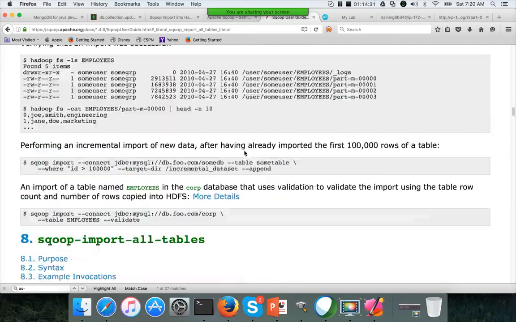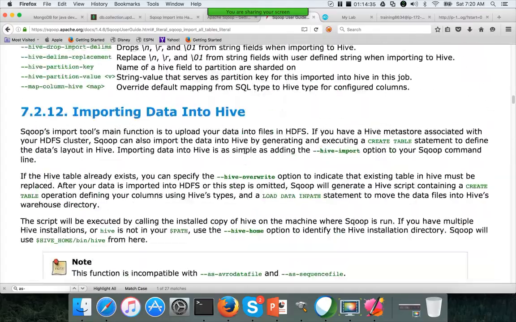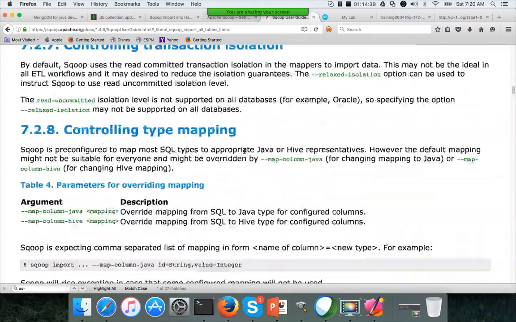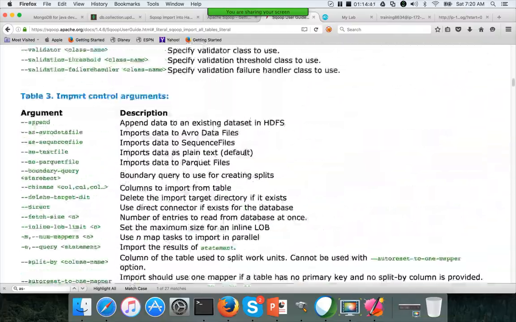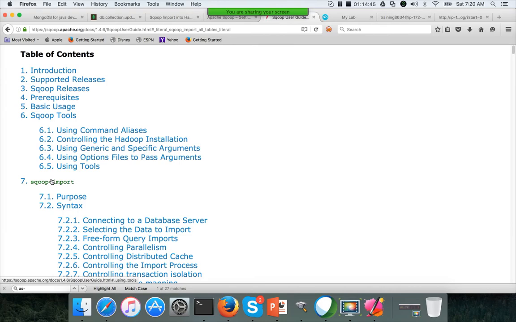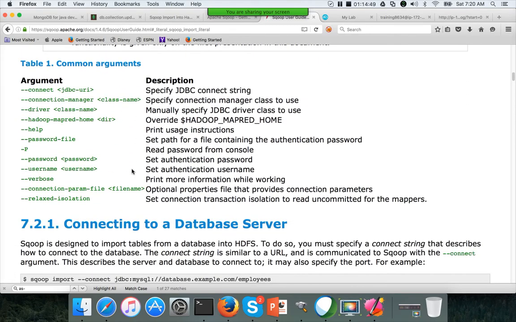So now let us go to the import command. When you run a basic import statement, it will look like import all tables only. The only difference is it will only load one table. Okay, so let me go to the index here, go to the Sqoop import, and directly go to the arguments.